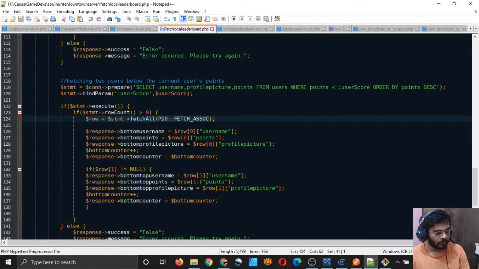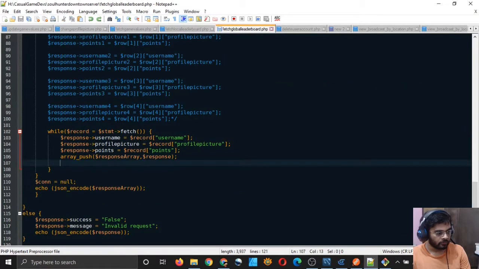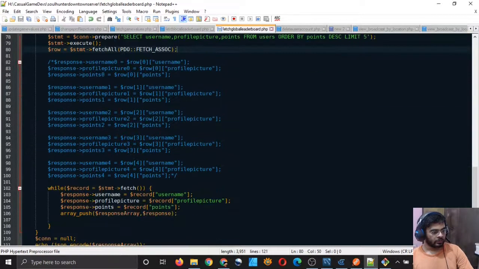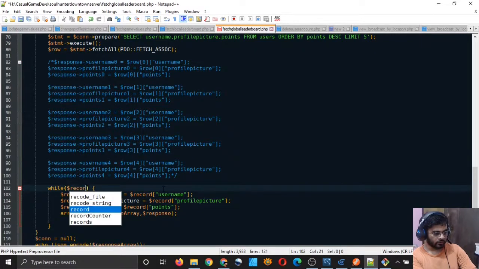I am doing this and simply running a loop, a very simple one. And so that's what I will do here also. So that seems to be working. And again, I guess I will have to do the record counter is less than 5.